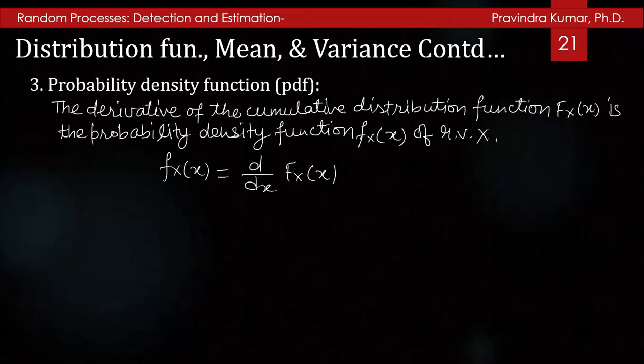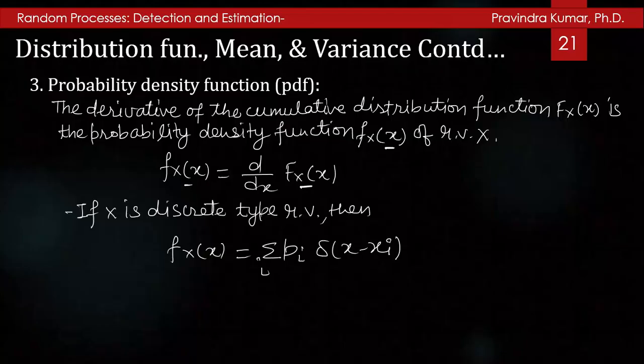The probability density function of a continuous random variable can be represented by the function fx(x), which is usually termed the probability density function, or simply the density function of random variable X. The derivative of the cumulative distribution function Fx(x) is the probability density function of X. So fx(x) is d by dx of the CDF, and if X is a discrete type random variable, then fx(x) will be the summation of pi delta(x minus xi), where delta(x minus xi) is the impulse at that point, whose magnitude is the probability at the point,